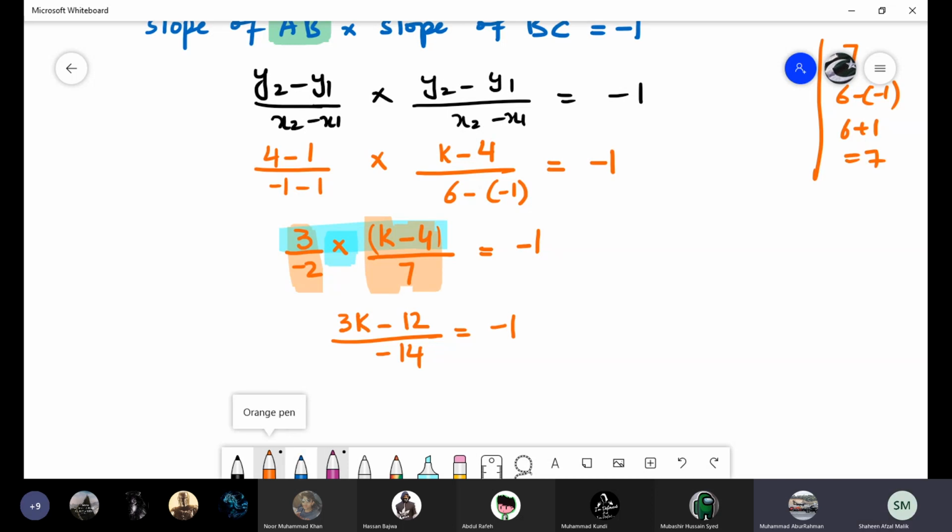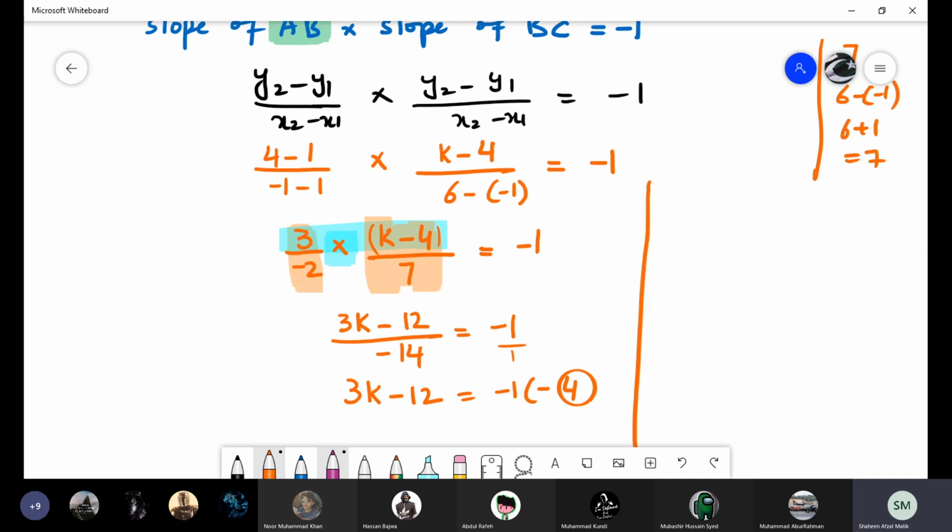No, whenever we have a division sign and fractions, you have done in grade 7 that we change the division sign into a multiplication sign and flip the next fraction, and then simplify. Here, what will you do after that, Hassan? We will multiply 3K minus 12 with 1 and minus 14 with minus 1. So 1 will be the same thing. So minus 1 multiplied by minus 14. I'm doing it here, so it will be in front of you.